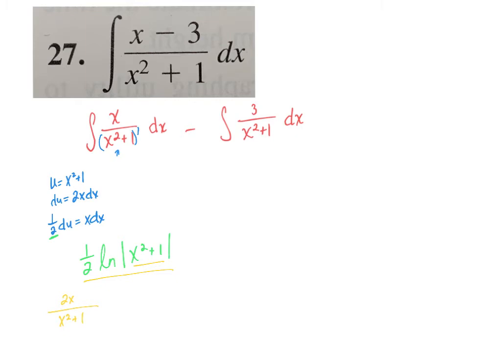Well, I have x over x squared, which is why I have this 1/2, which takes care of the 2's, x over x squared plus 1. That's exactly what I had up here. So you can always check it by taking the derivative. Easy enough. All right. So that's that piece of it. The other piece over here,